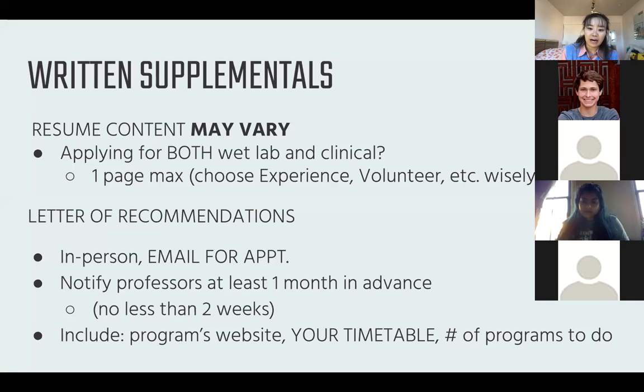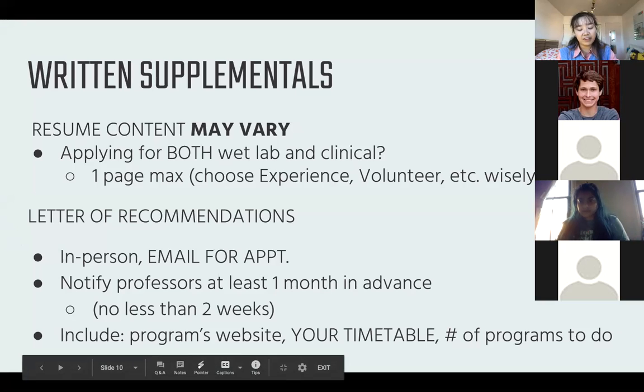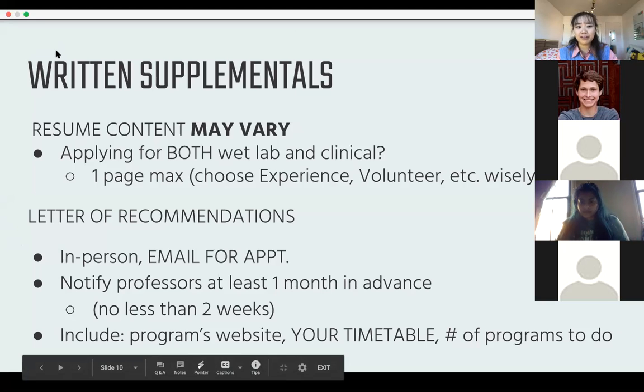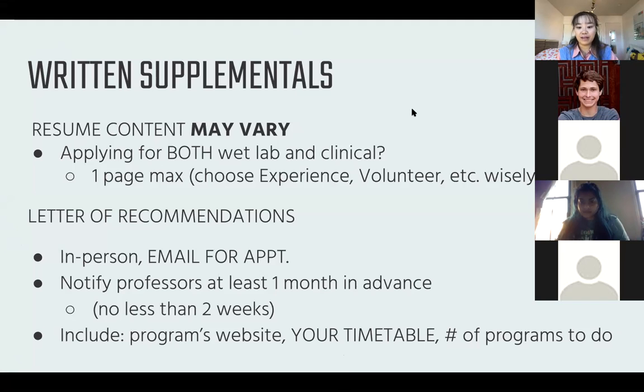Unfortunately, because it's COVID, I'm not too sure if many of you will be able to go into their office hours. So if not, a really nice, polite, and courteous email is just as effective, especially during the season. So professors will probably understand, and it will be better for them, and it's more hygienic if everyone just stays socially distanced. So for now, it's a good exception to email them about your requests for letter recommendations.